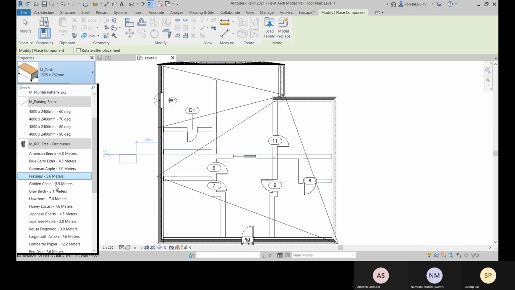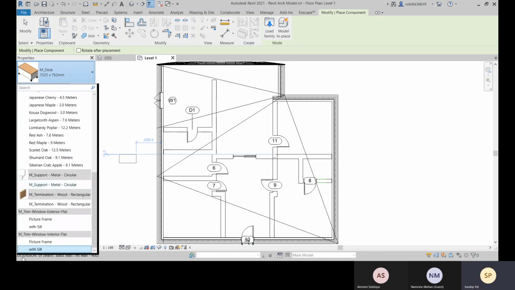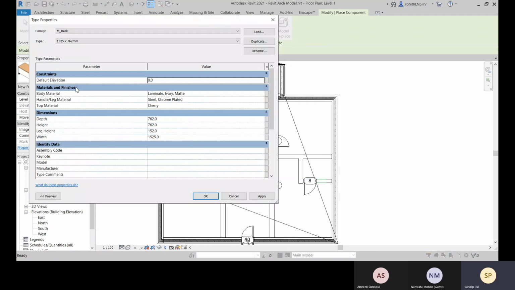So you can go with this Load Family. You can see, so this is your loadable family. When you get this option active, that means this is a loadable family.